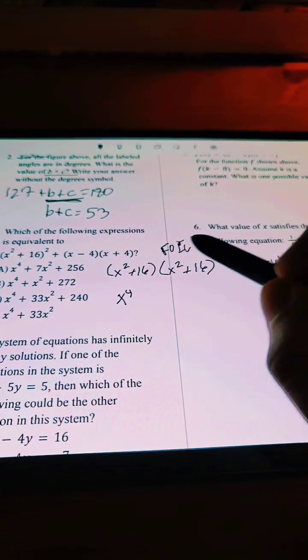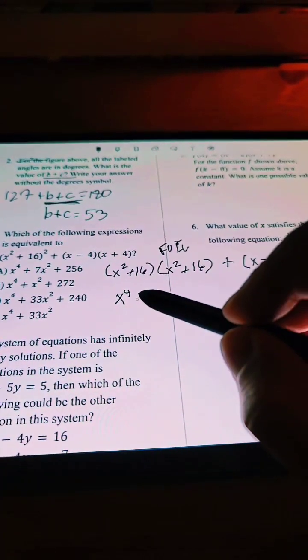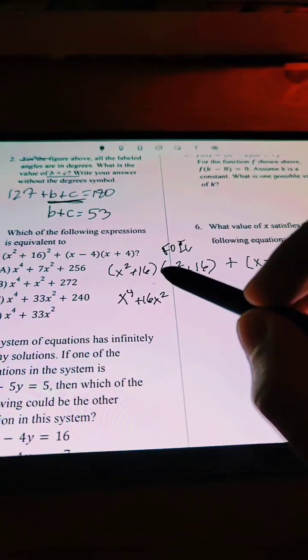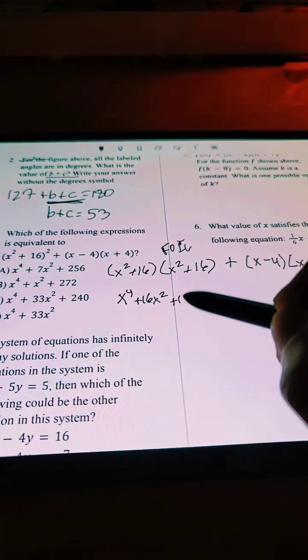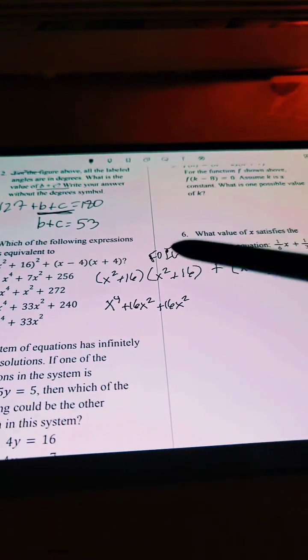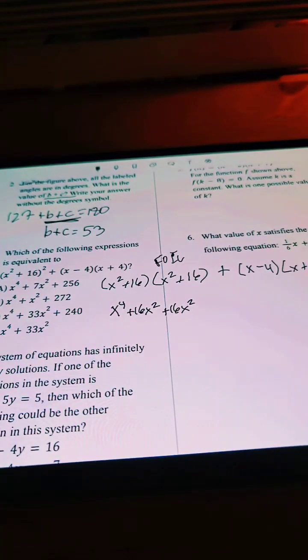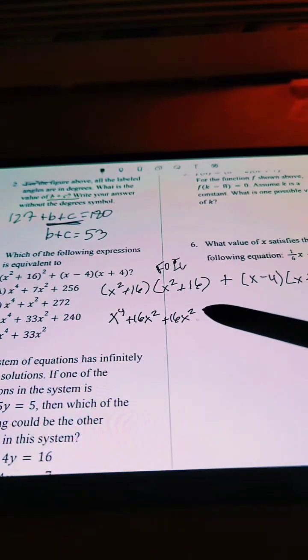x to the 4th. O stands for multiplying the outer, so 16 times x squared, so 16x squared. I stands for multiplying the inner, so 16 times x squared. Again, 16x squared. L stands for multiplying the last thing, so 16 times 16. I don't know that off the top of my head. So 16 times 16 is equal to 256, which I should know with how much I do this, but